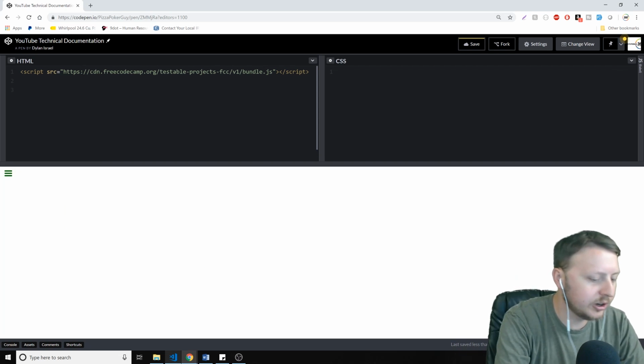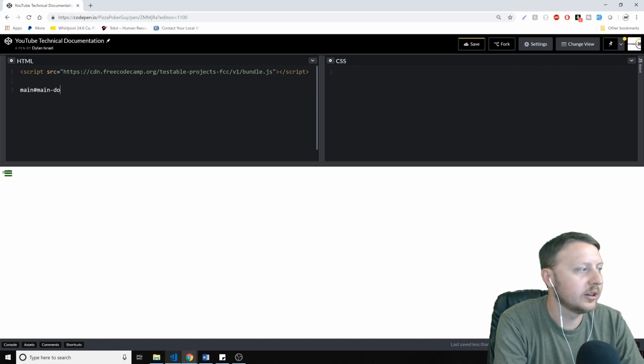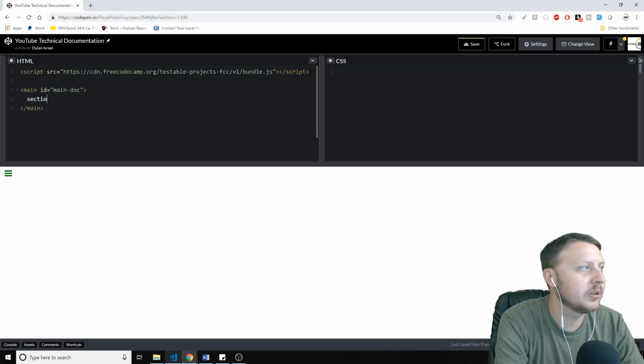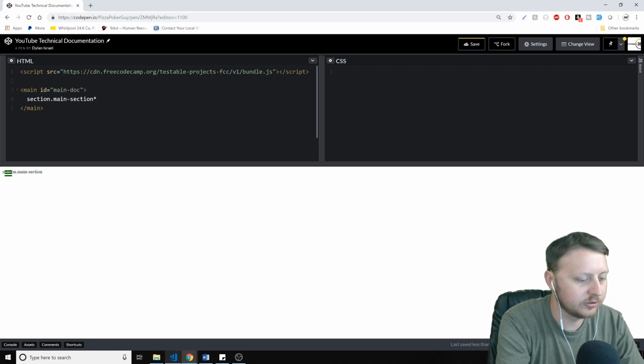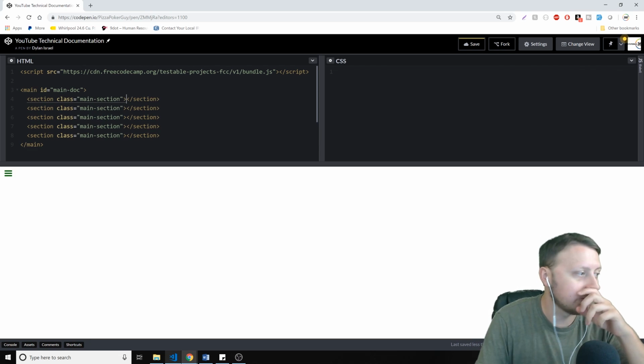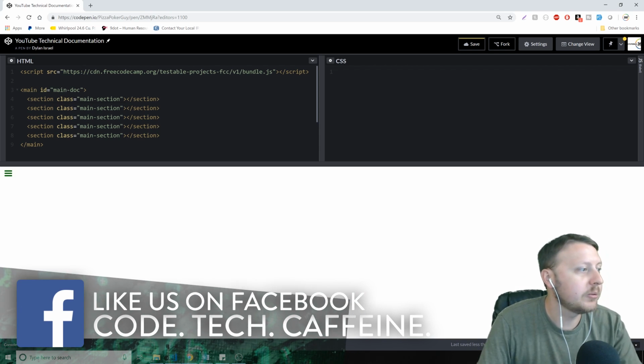So the first thing we want to do is create a main element. Remember, the main tag is typically to display where the majority of your content is going to go in your HTML. And within there we're going to see a minimum of 5 sections. Again, I did the minimum, so what we're going to do is a section, and each one of those is going to have a class of main-section. And what you're seeing me do here is just some Emmet. So hit tab on here, and then it'll go and create those 5 after we put that times 5. And if it's just 1, we wouldn't put any multiplier there. But now we have those sections,